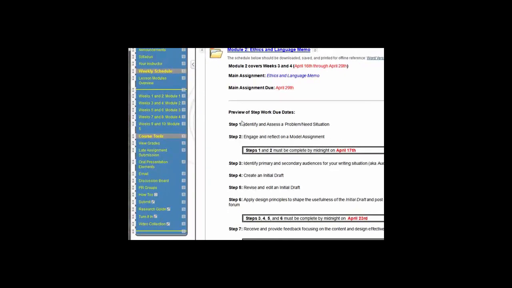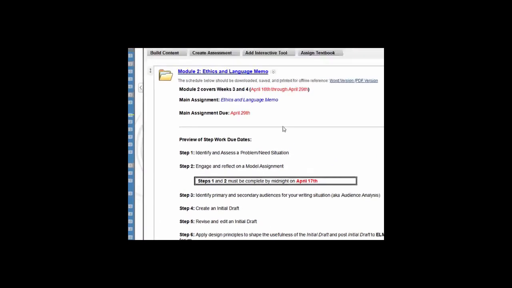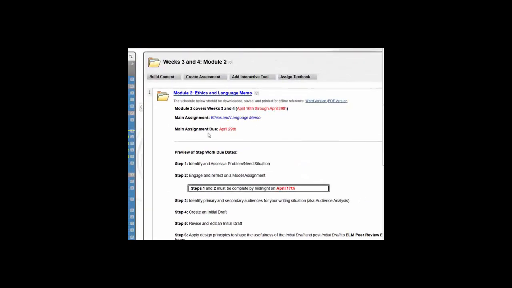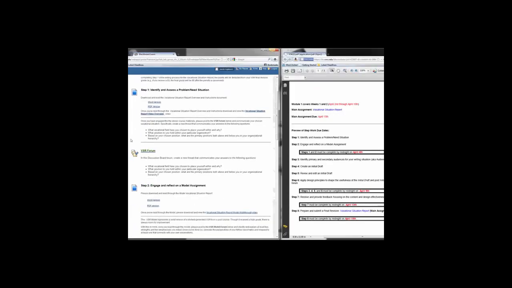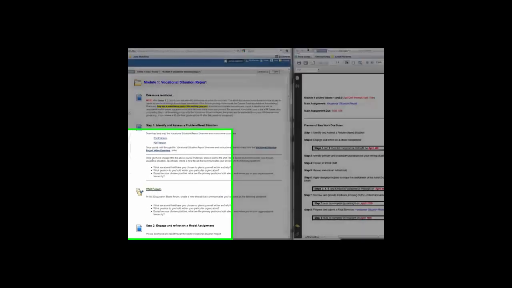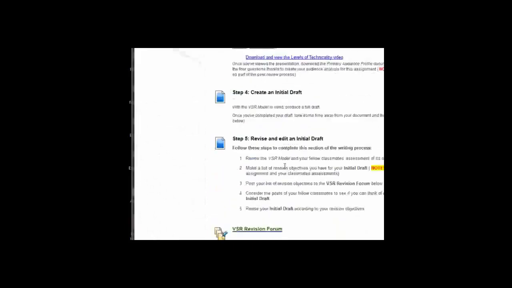Each of these modules is organized the same way. So when you jump into weeks 3 and 4, after finishing weeks 1 and 2, you'll notice the same format. I mean, the same terminology is used in terms of the steps. The only thing that changes is the actual assignment title and the ultimate due date, and then the individual due dates for the step-based work. Right, and then as a last word, as we've already talked about, within these steps, there'll be these forums here,